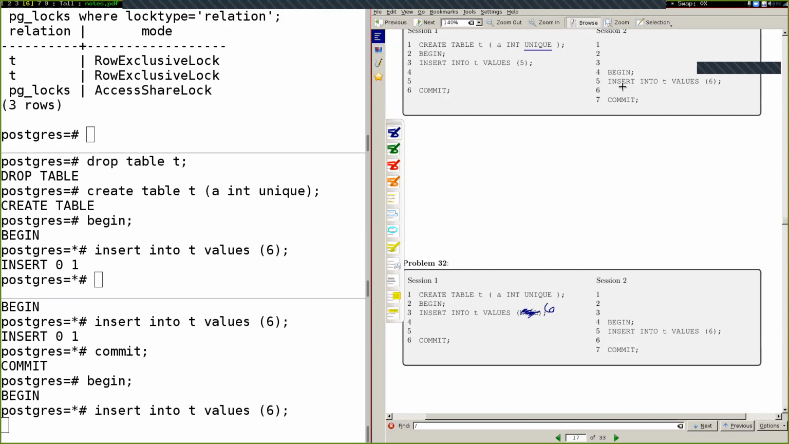We had the row exclusive lock on each of the rows that we insert into the table. And so, row exclusive lock on 5, row exclusive lock on 6. Here we have a row exclusive lock on 6, and now we have another row exclusive lock on 6. And whether this